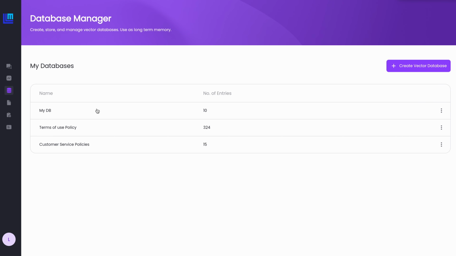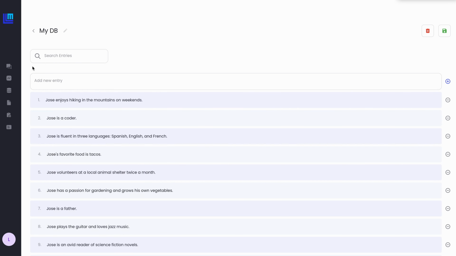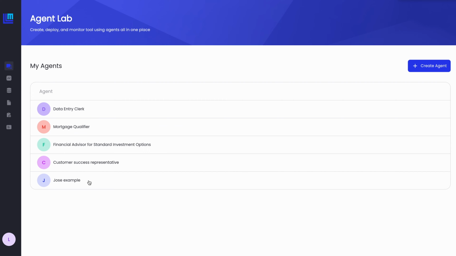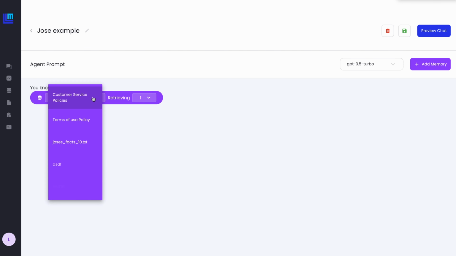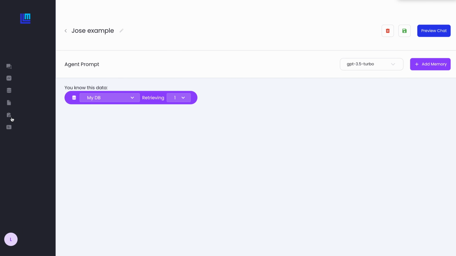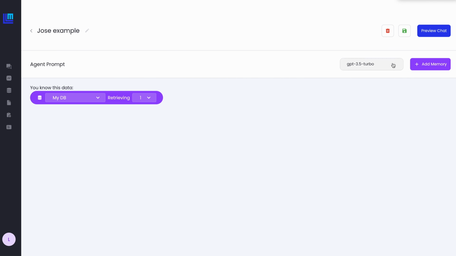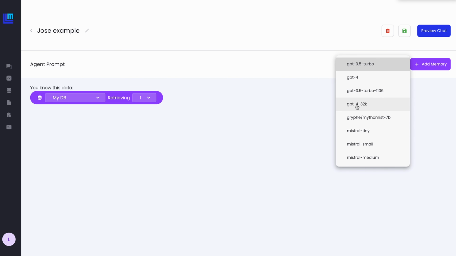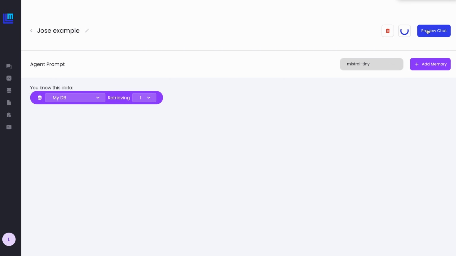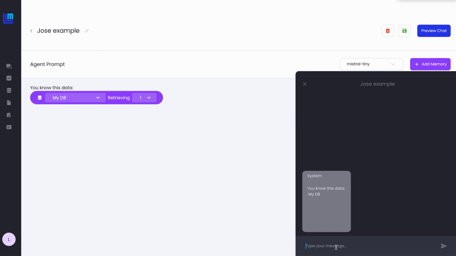Now let us see how that might be used by our agents. Let's go to agents and make a Jose example, something I've made before. Here we get to choose which database we want to use. MyDB, I believe, is the one, and let's see how it works. We can use GPT 3.5, but this is no big deal. Mistral Tiny is a bit cheaper, so maybe we can choose that one. And let us ask,